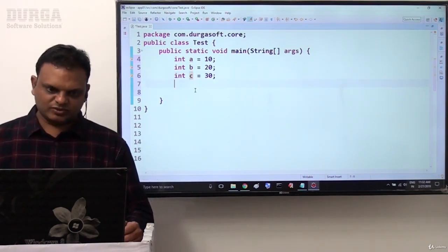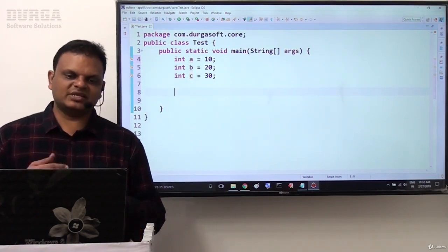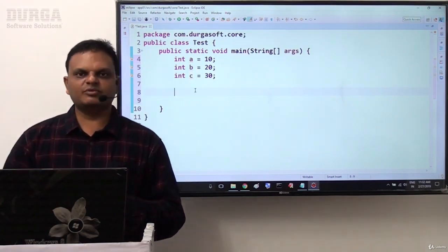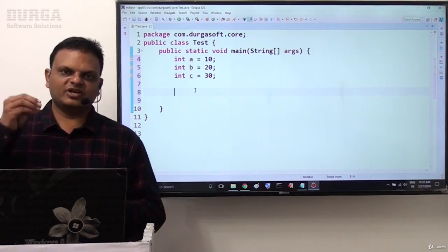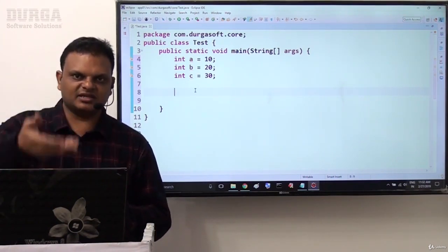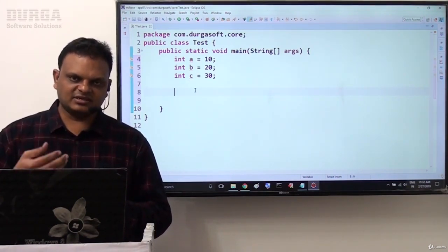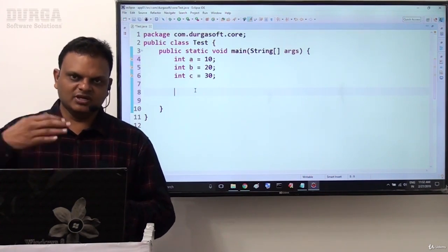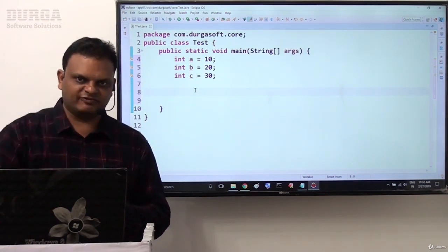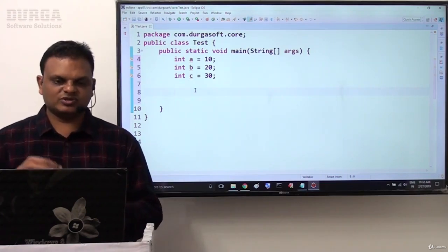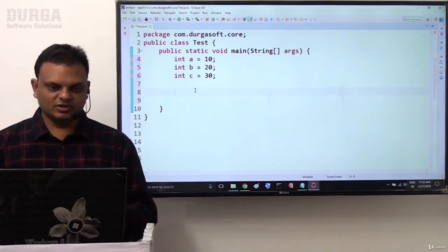Anyway, now let me check this one. And moreover, I want to use nested if conditions also. What is the meaning of nested if conditions? We can write if else inside another if. We can write if else, or else if, or maybe else, whatever it may be. The if syntax, we can write inside another if. So the same thing here we are going to use. Nested if conditions here we are going to use. Now let me check it.